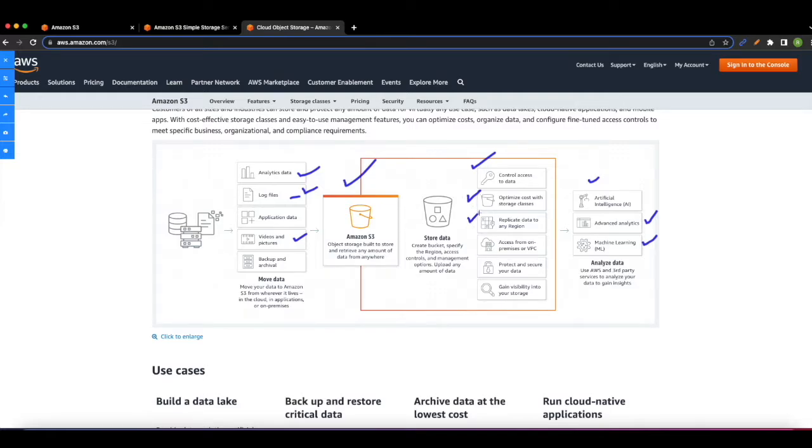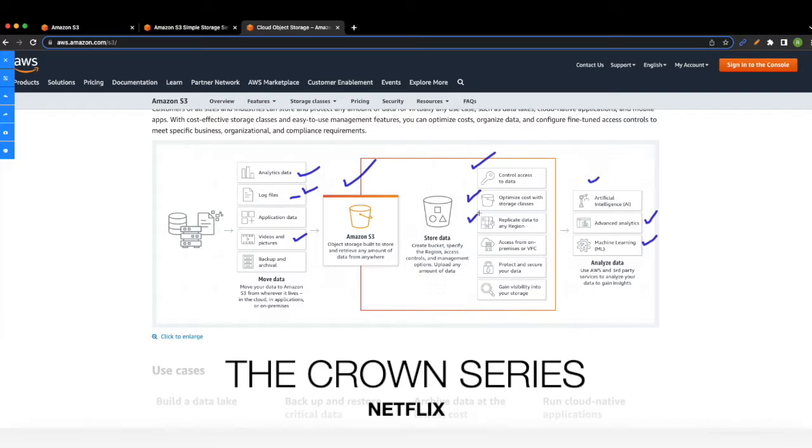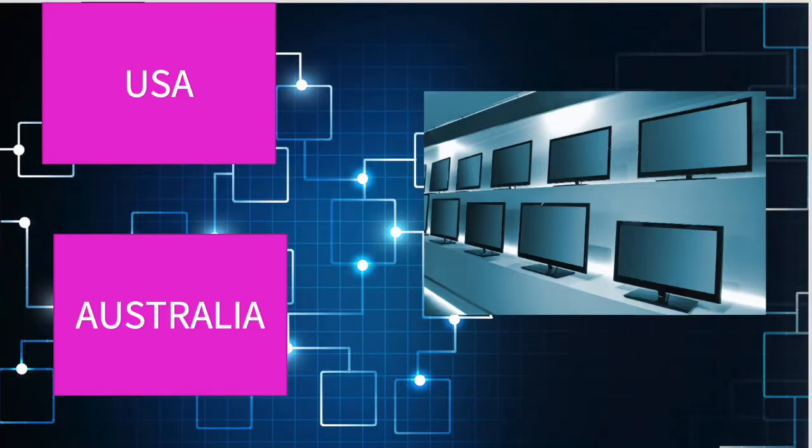Replication, this is one of the important points. The data is available everywhere in the globe. The best part of Amazon S3 is, let's take the example of Netflix only. I don't know if Netflix is really doing this, but we can take the example. Let's say you're watching The Crown. The Crown in the US is sourced from a US data center, and The Crown, when watched from Australia, should be sourced